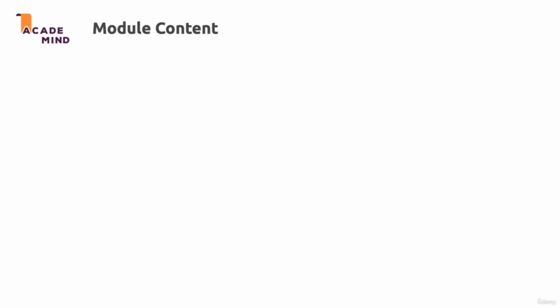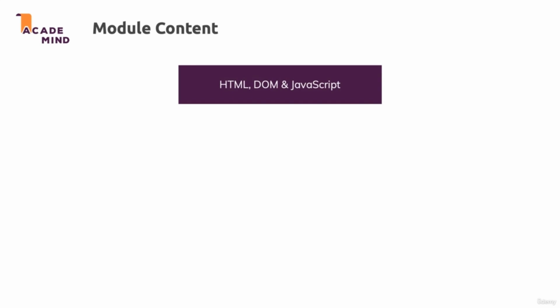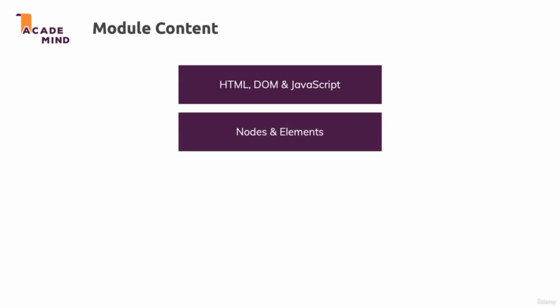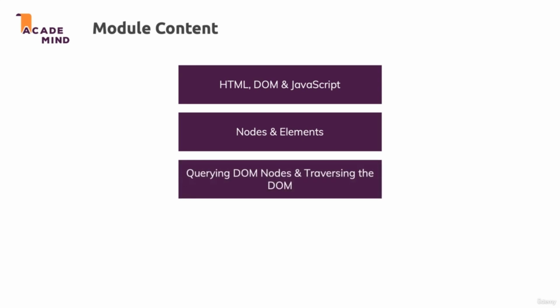Specifically in this module, we'll have a look at the HTML code, how it's loaded, something which is called the DOM and what this means, and how JavaScript fits into the equation. We'll have a look at nodes and elements, which are two important types of objects, if you want to call it like that, with which we're working if we're working with the HTML content through JavaScript. We'll have a look at how we can query DOM nodes, so how we can get access to parts of that rendered HTML code, and how we can move around there in JavaScript to select different elements